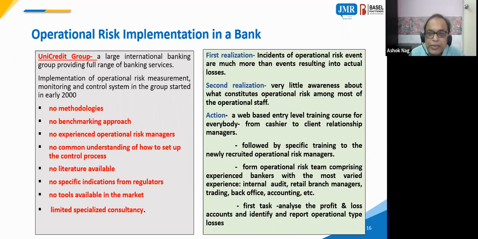So first, incidents in operations are events that result in losses. And losses do not immediately become visible to the top management unless they are actually reflected in your account book. When a loss is actually realized, accounted for, and put in your profit and loss account, only then does it come to the radar of the top management. So if operational risk management at the lower level wants to hide these things, they can delay it.